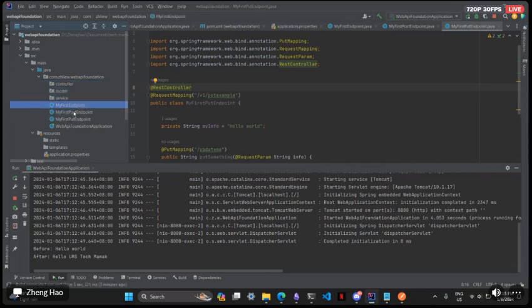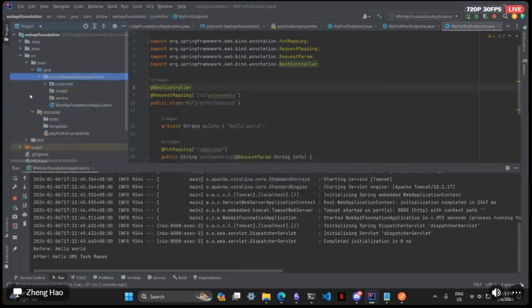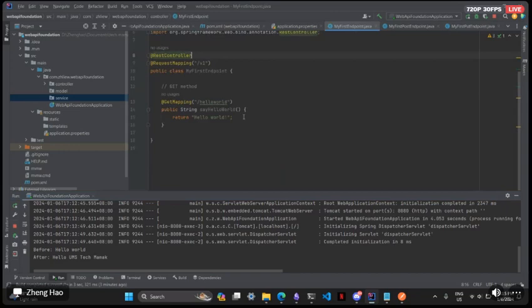So if today I were to organize my project nicely, every class that has a REST controller should go under the package controller. Then the service and model will come later, right? Okay, so now